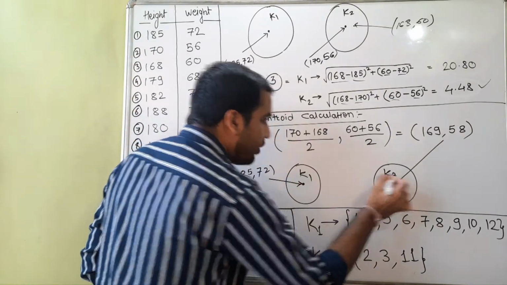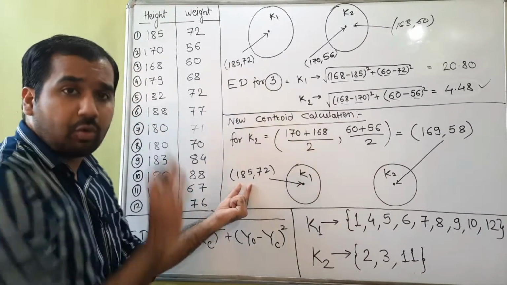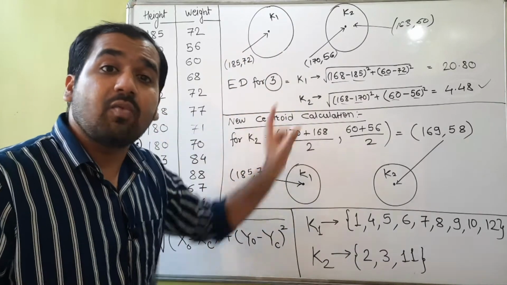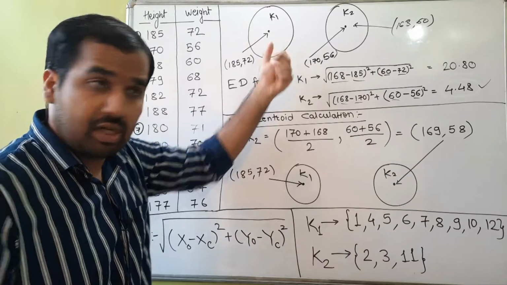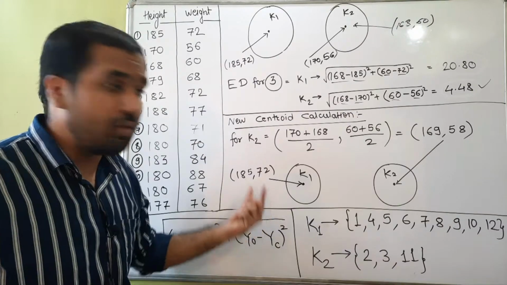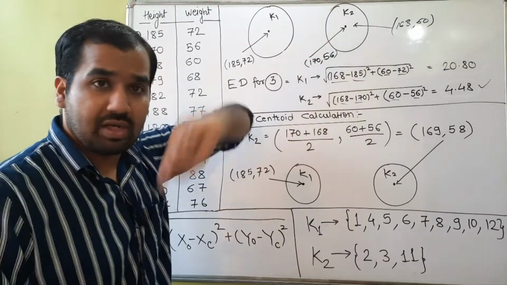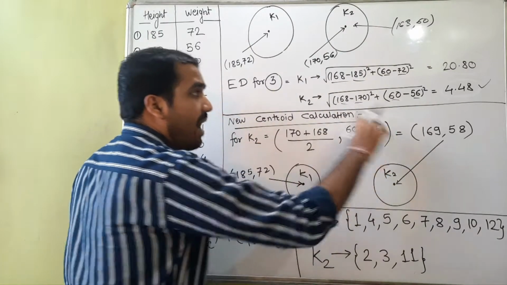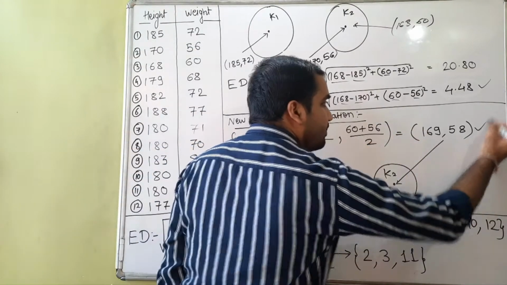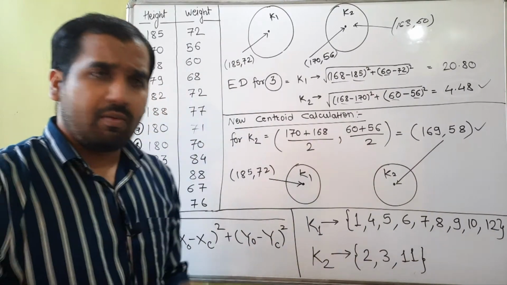So this is the cluster K1 and this is the cluster K2. Now you can observe that for K1 the centroid is that old one only. Why? Because in the current step there was no sample that was assigned or added to that respective cluster, so it will remain the same. We do not need to update the centroid value of cluster K1, but for K2 we need to update it because this sample was added to the cluster K2, and therefore you have to just take the average of the respective feature values, and then you generate this as your new centroid value for the cluster K2. Okay, so this is it.